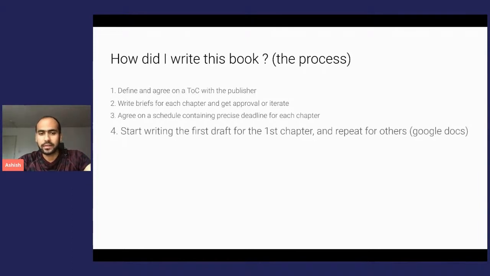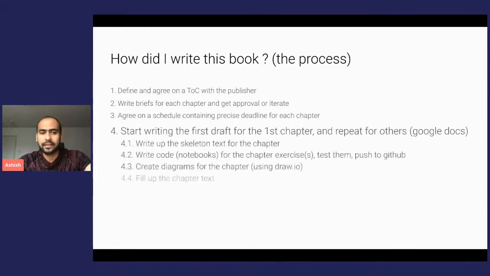I used Google Docs as a tool for writing the chapters, nothing fancy. When I was writing the chapters, basically I first wrote some scaffolding text, just the various subsections. Then I wrote some code for the exercises. It's very important to get that right. That's the most important part, to test them and also to push them to GitHub, and to create the diagrams